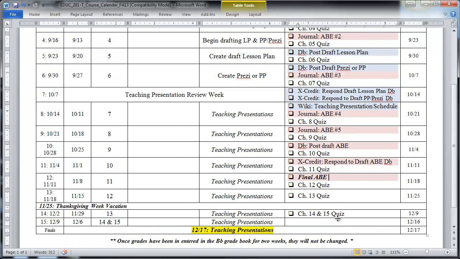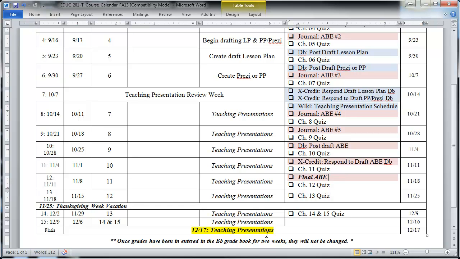All right. We'll do teaching presentations in class through all of these weeks. I'll talk to you more about what the teaching presentation is and all the steps involved in class. I will also have a folder in Blackboard and announcements that details instructions and a rubric and all of that good stuff. Same for the ABE. I give you a lot of information on the two big projects, which are the teaching presentation and the ABE, autobiographical essay, but I am not going to give you all that information the first week.